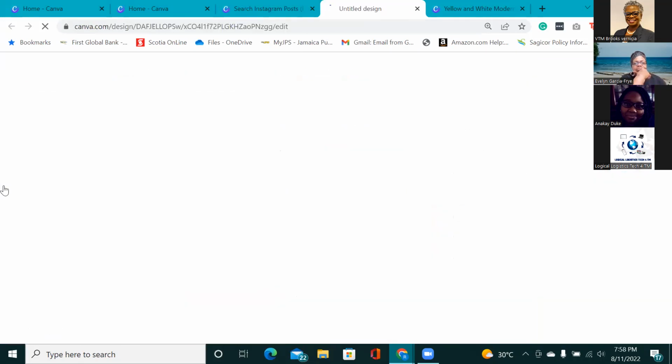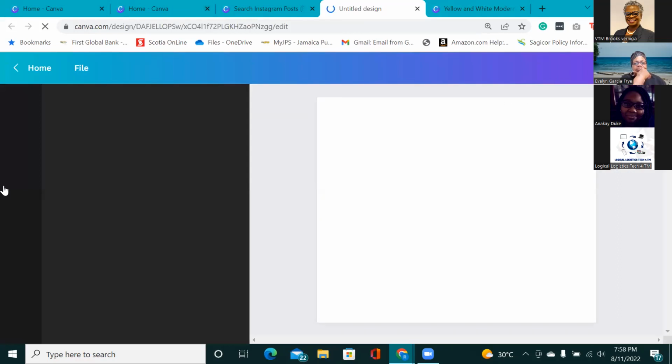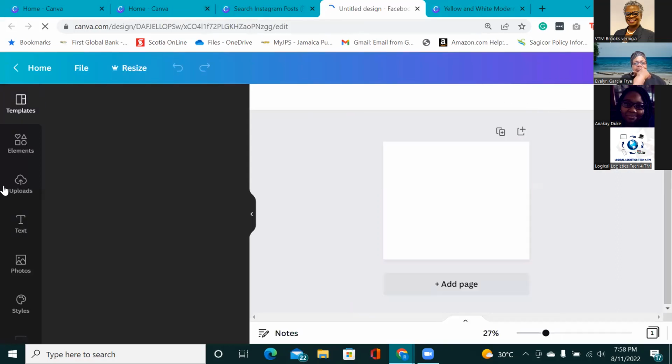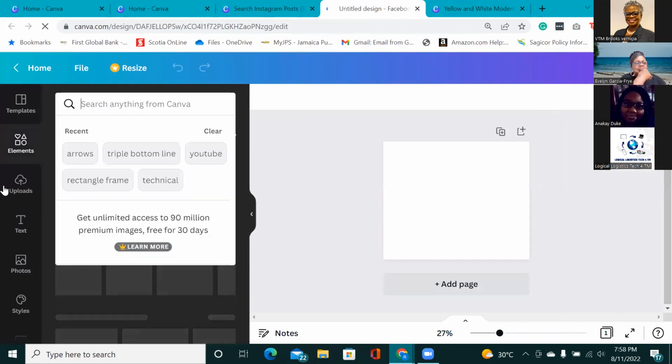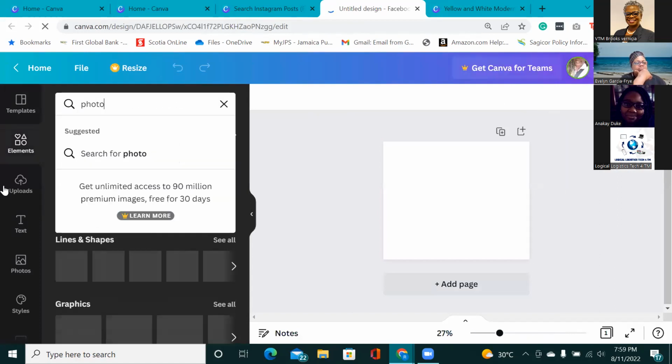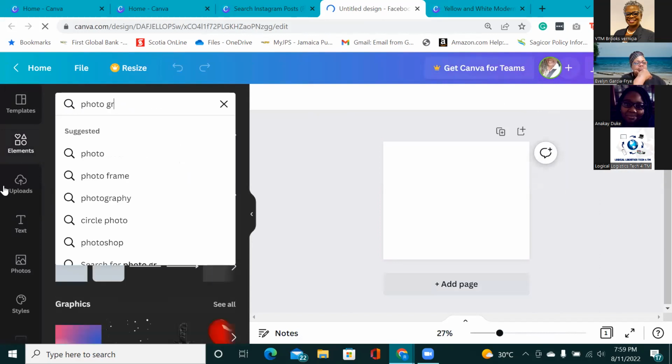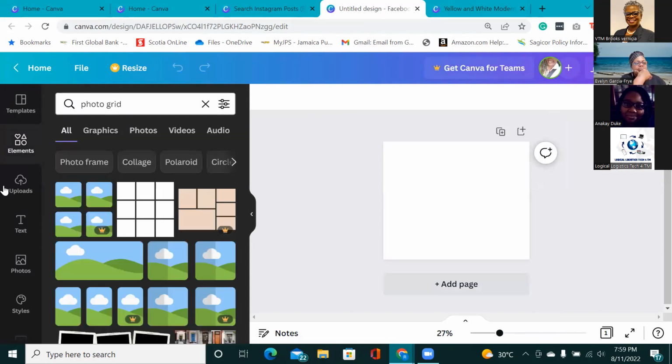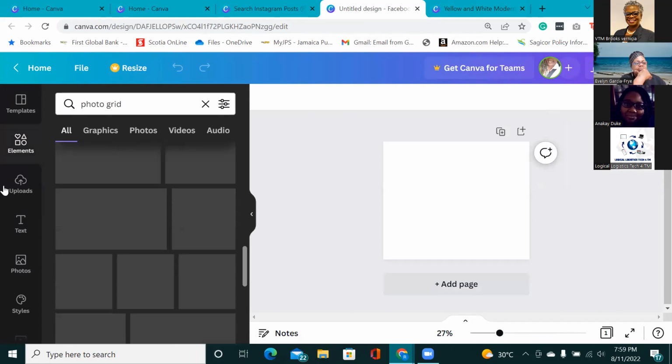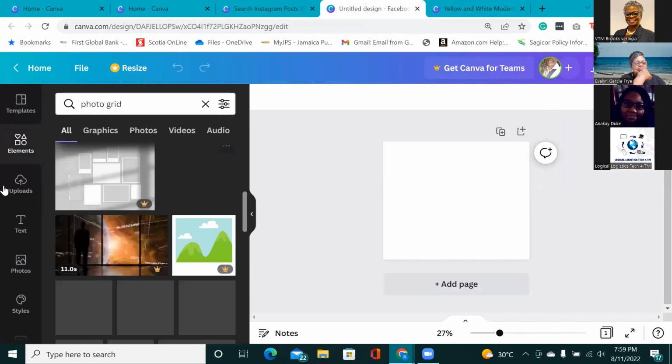So let me see if I can walk this through quickly. So you have some element options here, those elements I use, yes. Photo grid. Let's say, for example, see if grid is going to pull it for me quickly. All right, so they have something here. They have different